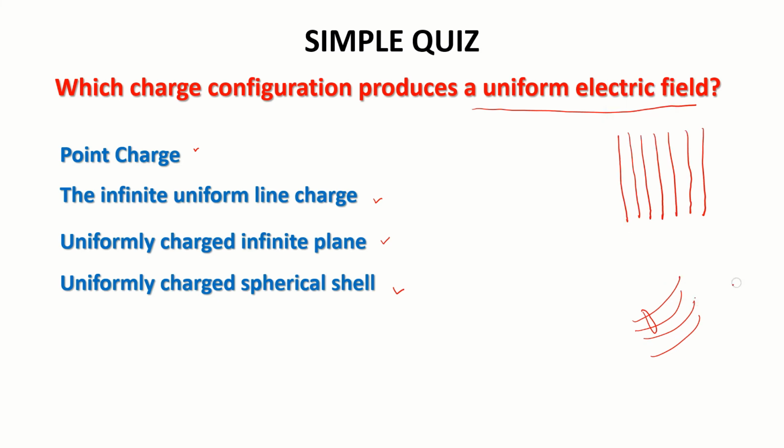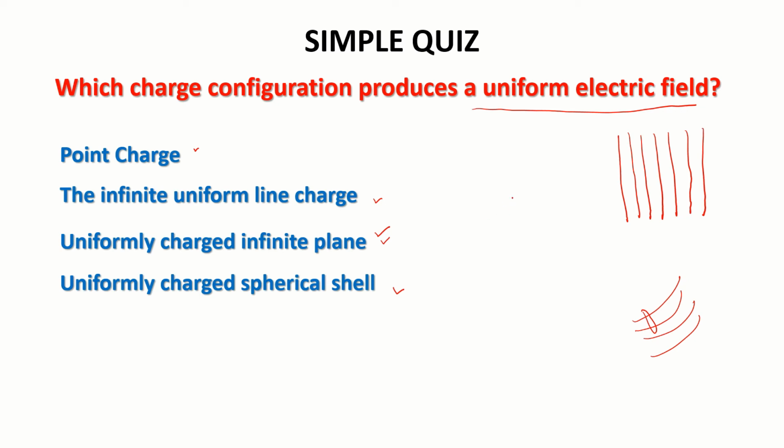Okay. So if you want to get a uniform electric field, the complete electric lines of force should be parallel. And in the given four charge configurations, which one will give completely parallel electric lines of force? The third one, the uniformly charged infinite plane. That is the correct answer. Right. See the first case, second case, and fourth case. All these three: point charge, infinite uniform line charge, and a uniformly charged spherical shell. In all these three, we will get